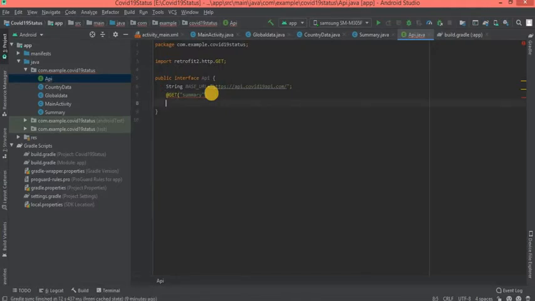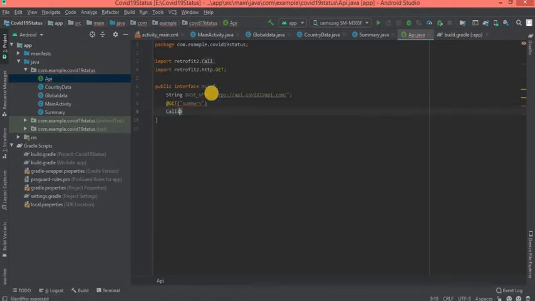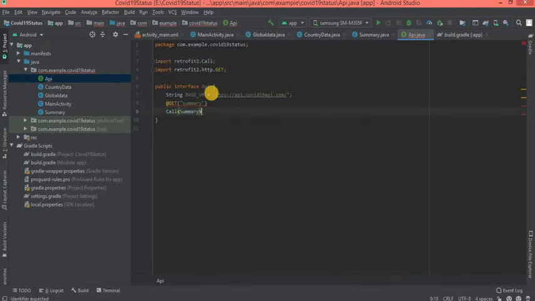Next is the function to get that value. The return type is Call of type Summary object. Next is the function name, any name, covidStatus.